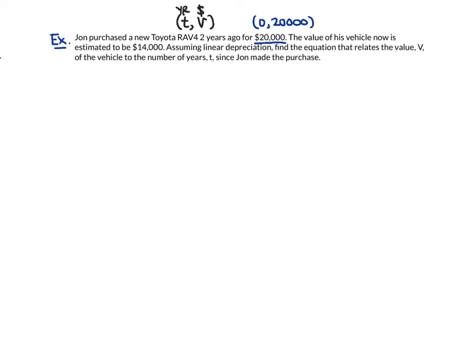It explains that 2 years later, the value of his car is estimated to be 14 grand. So we now have an ordered pair of (2, 14 grand) for the depreciation. Assuming that this is linear, so we're assuming it belongs on a line, we want to find an equation. And to do that, we first need to find the slope of the line,